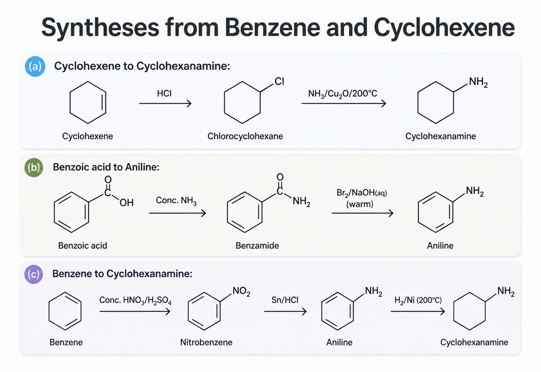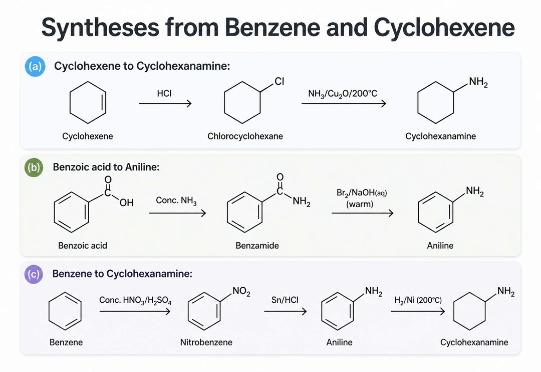Let's look at some multi-step syntheses. To convert cyclohexene to cyclohexanamine, we first add HCl across the double bond, then substitute the chlorine with ammonia under high pressure. To go from benzoic acid to aniline, we convert the acid to an amide using concentrated ammonia, then